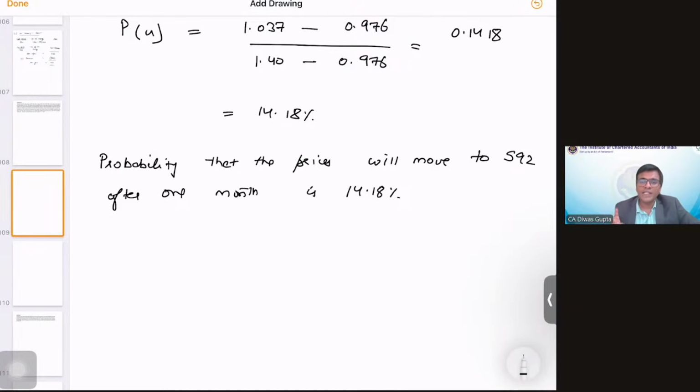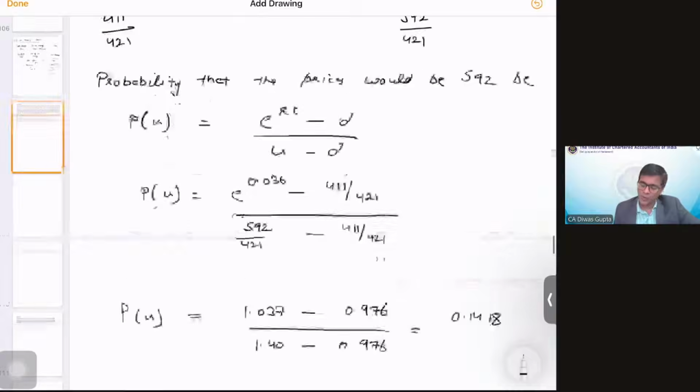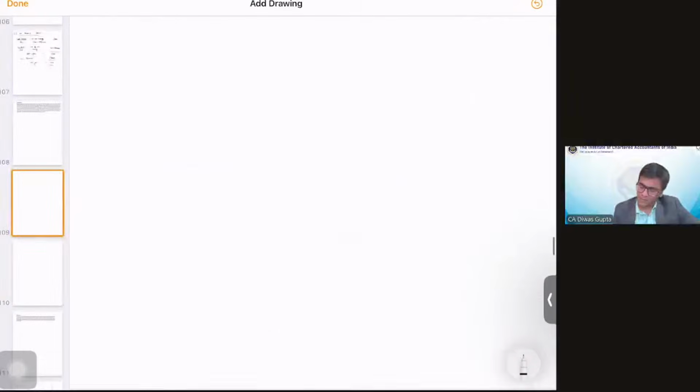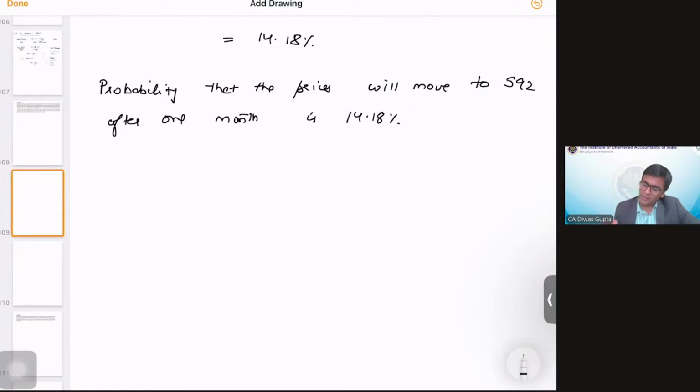So this will clarify for Suman, who was not sure what the probability of attaining this price would be. So now this will clarify that the probability that the prices will move will be this much, and hence 421